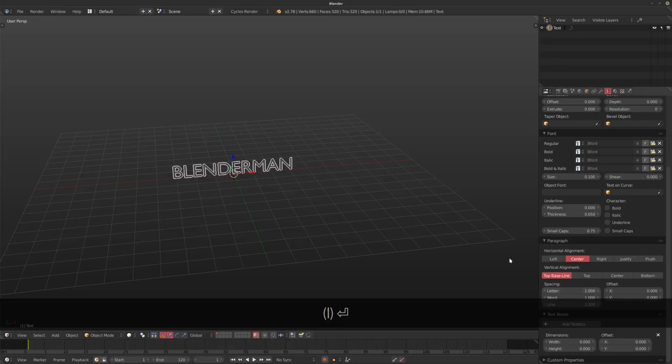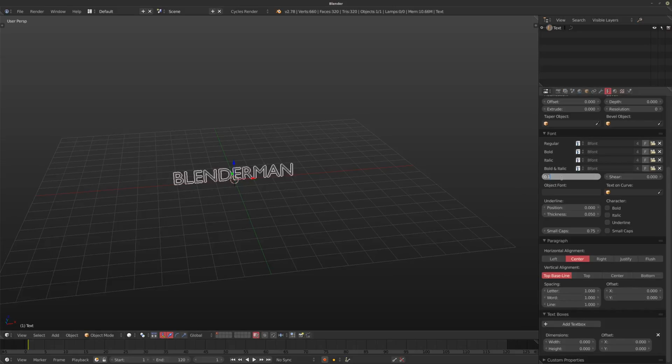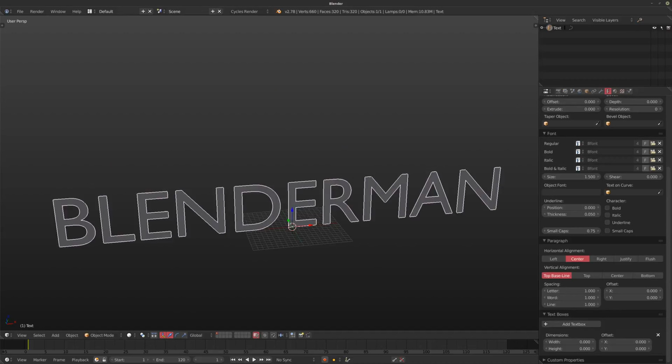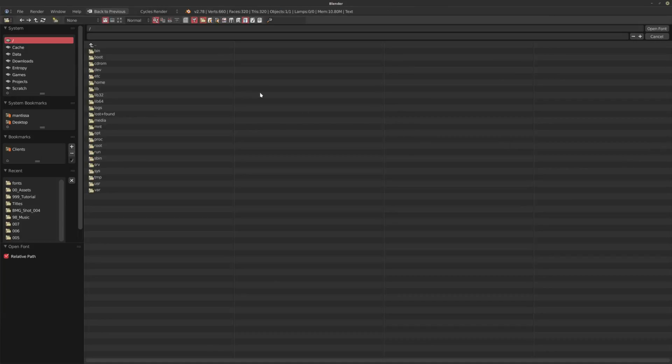I'm going to leave the spacing at 1, and I'm going to upscale this text just a little bit, and I'm going to choose a font. Now, the biggest difference between Blender and other applications when it comes to font management is that you actually have to select the font file itself. Now, in the beginning, it might be a little weird if you're used to other stuff, but I